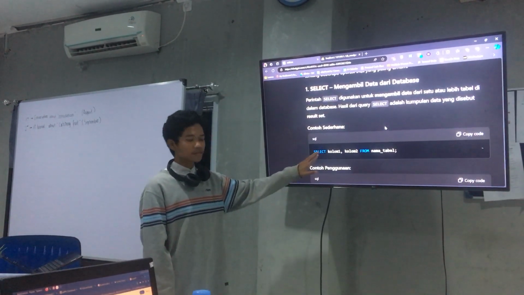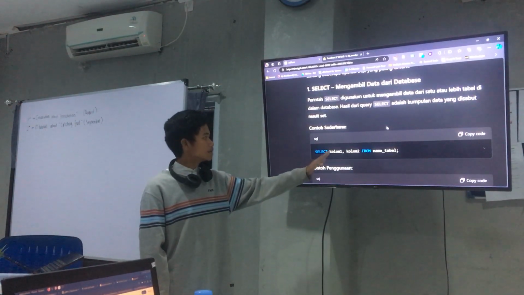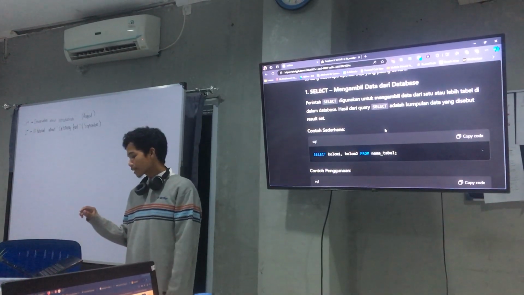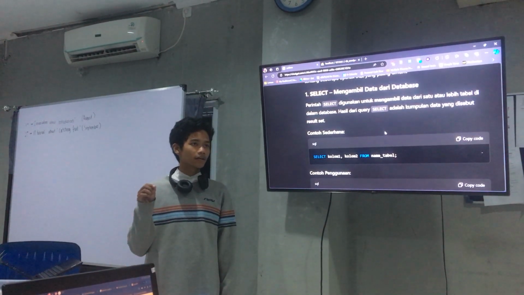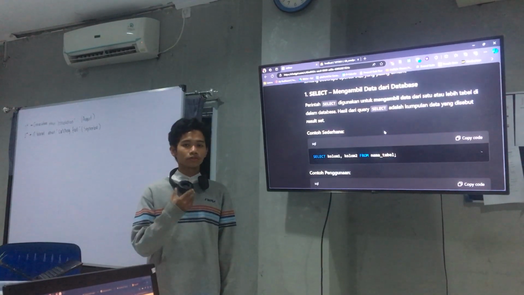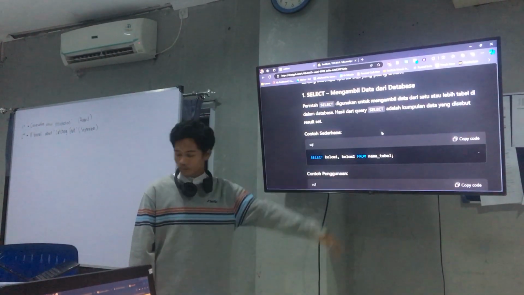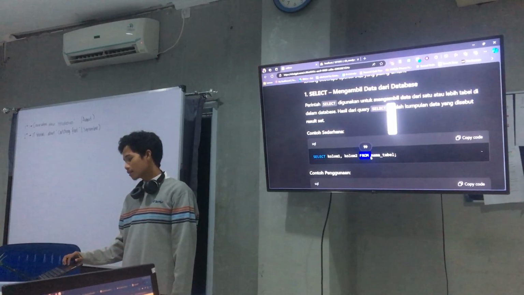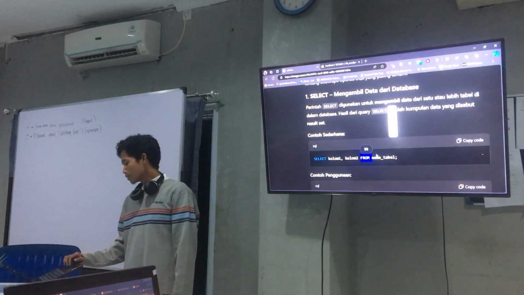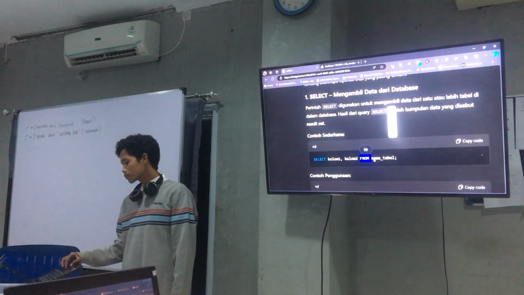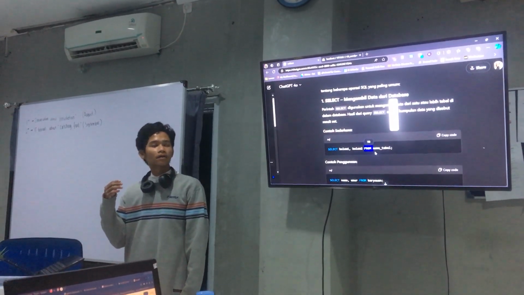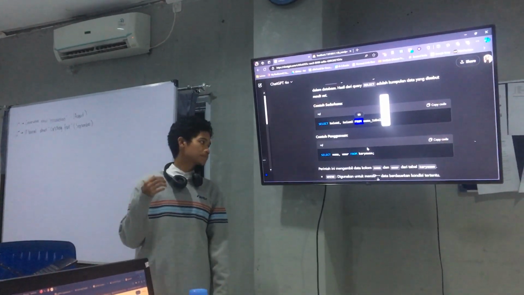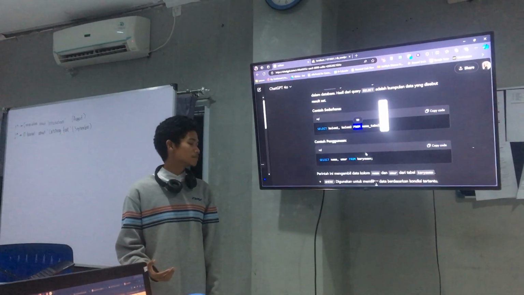First we need to write select, and second the table or the field that we want to take from. Then we have the second operation, from. This operation is used to specify the table address.